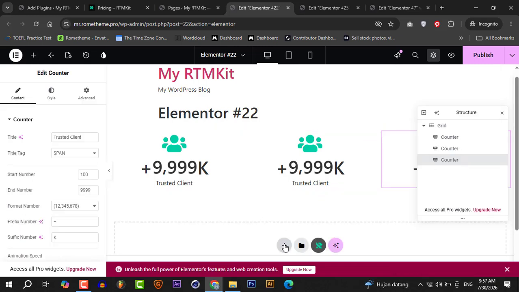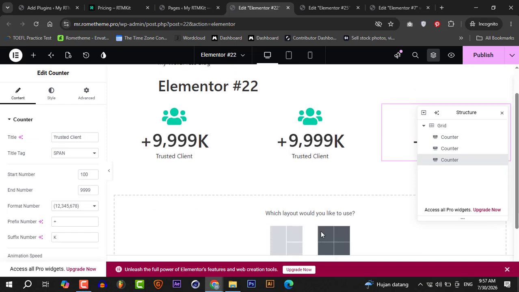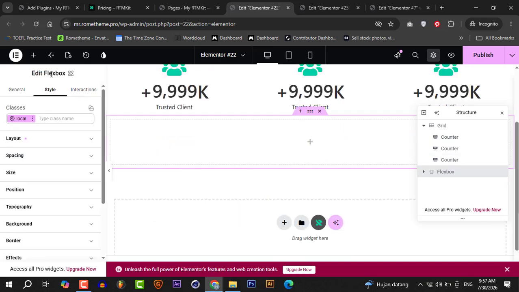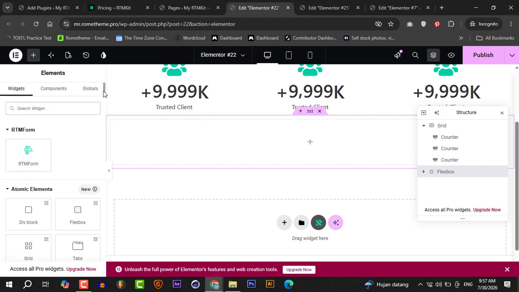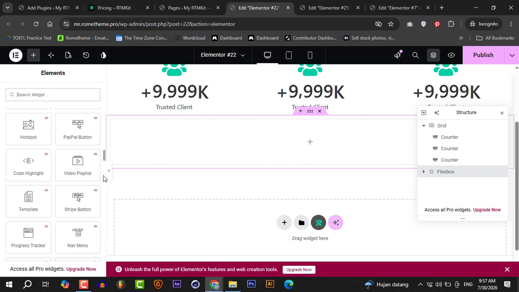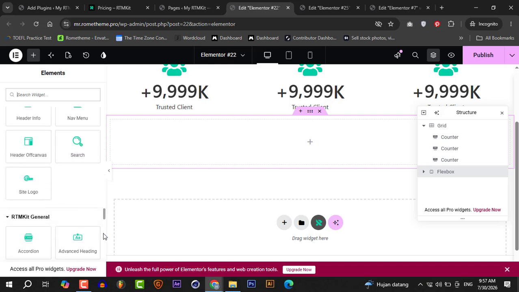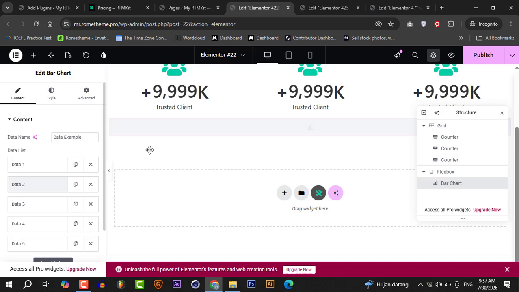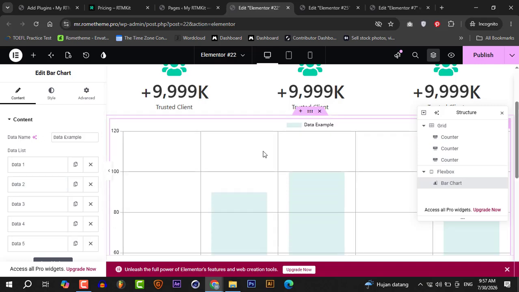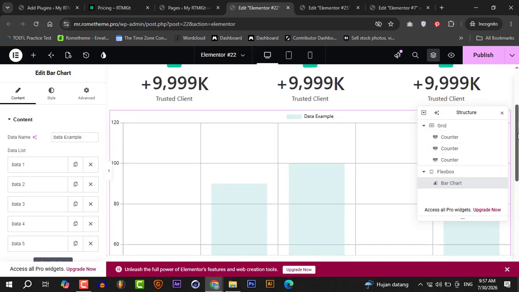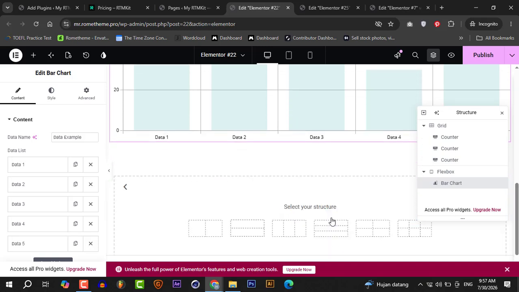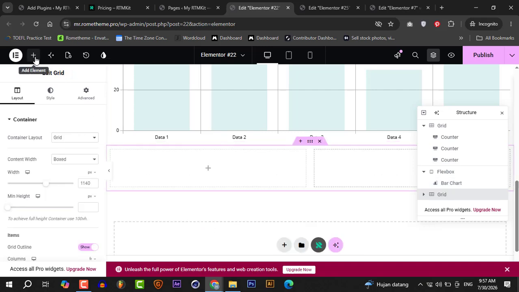and after that you create a flexbox. You add element, you go to bar chart, drag and drop, and after that you create a grid, 2 grid, add element,